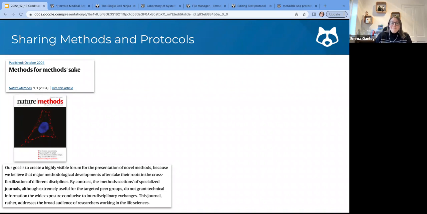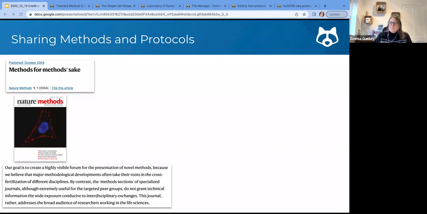By contrast, the methods sections of specialized journals, although they're extremely useful for targeted peer groups, don't give the technical information the wide exposure needed to move towards interdisciplinary exchanges. It's hard to cross between disciplines when you're in a very field-specific journal. There's a great example of this a bit later on.